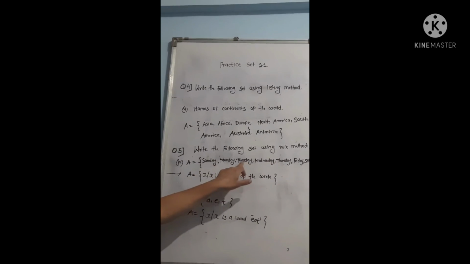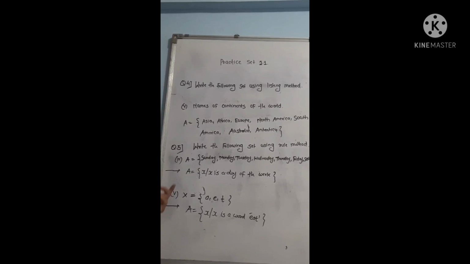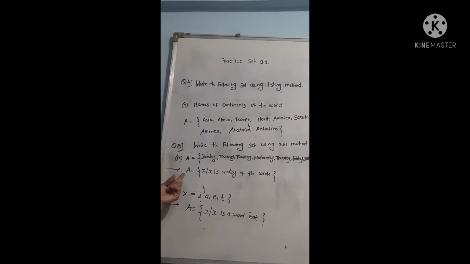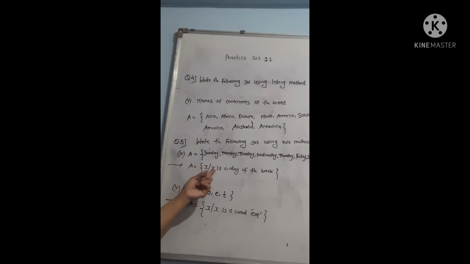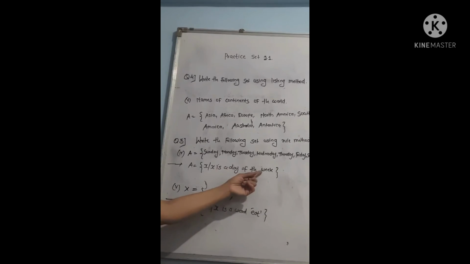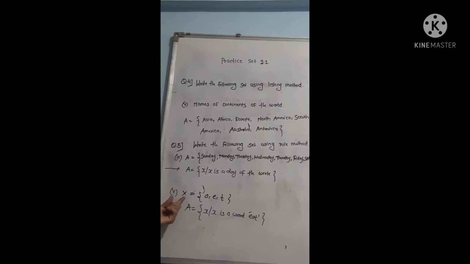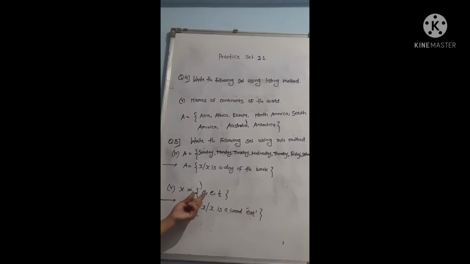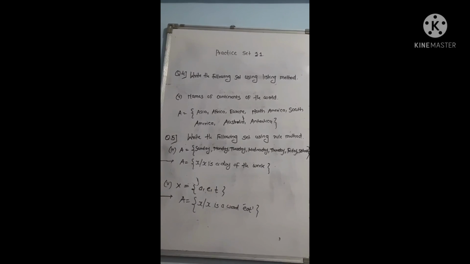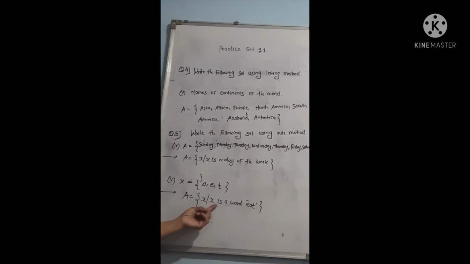This is the day of the week. So A is a set of X such that X is a day of the week. Then next, fifth one, X is a set of elements A, E, T. So A is a set of X such that X is a word